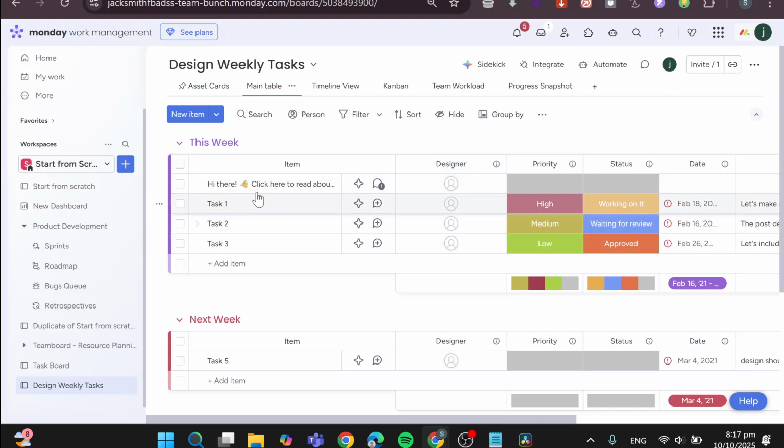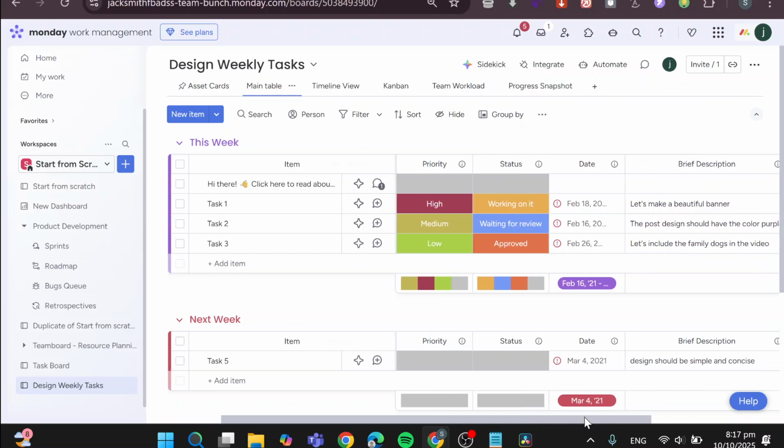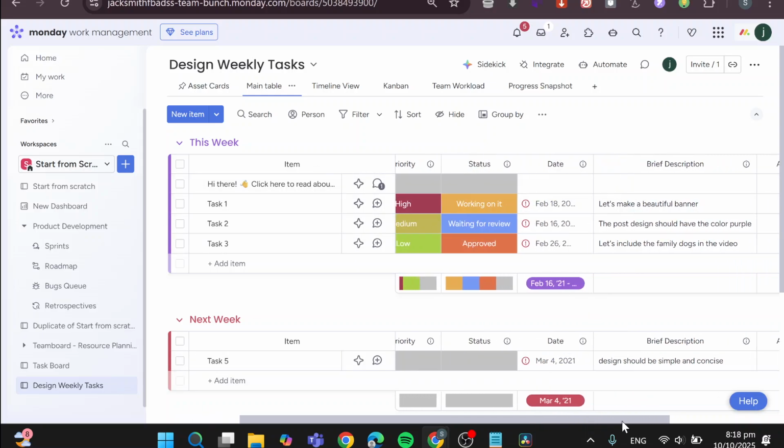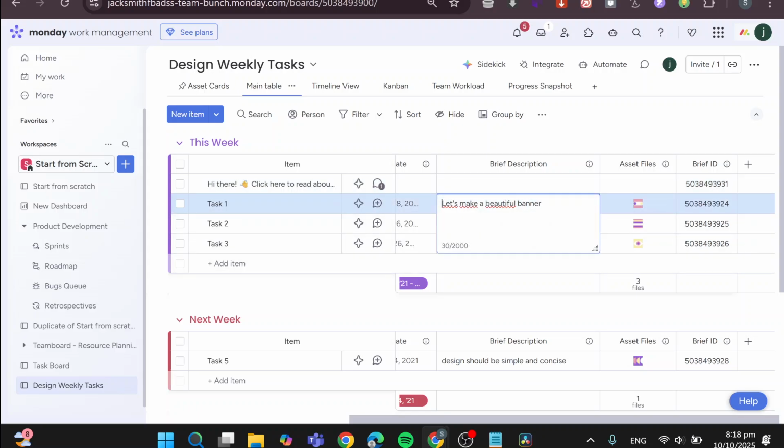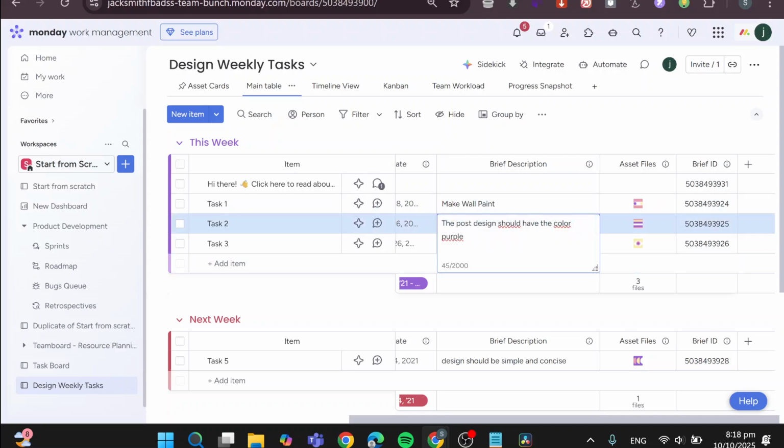So this is going to be the designer, for example, or the worker name, the priority of it, the status, the date that it should be starting, brief description, for example, asset files, brief ID. It is not going to be necessary here, but maybe we are going to have, for example, task 1, instead of banner, make wall paint. I'm going to have this. Maybe task 2 is going to be design the wall in 2D, for example,